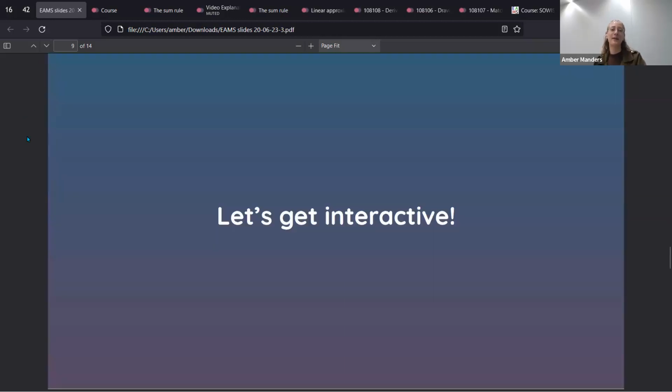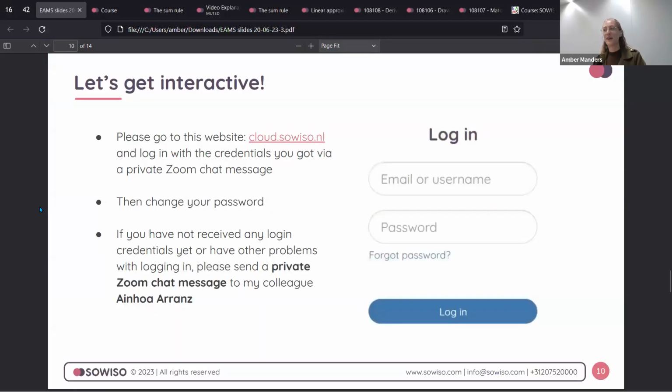But right now, I want you to join me in making an exercise, or first to show the platform, then to make an exercise. So I hope you got the login credentials from my colleague yet. What you can do is go to this website, cloud.sowiso.nl, and then log in with the credentials that you got from my colleague Anoa.